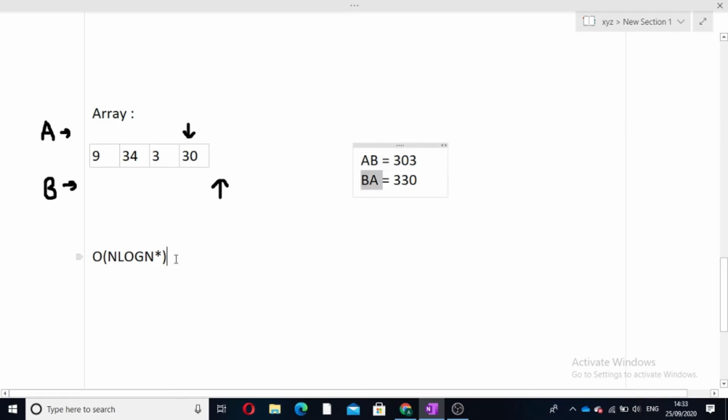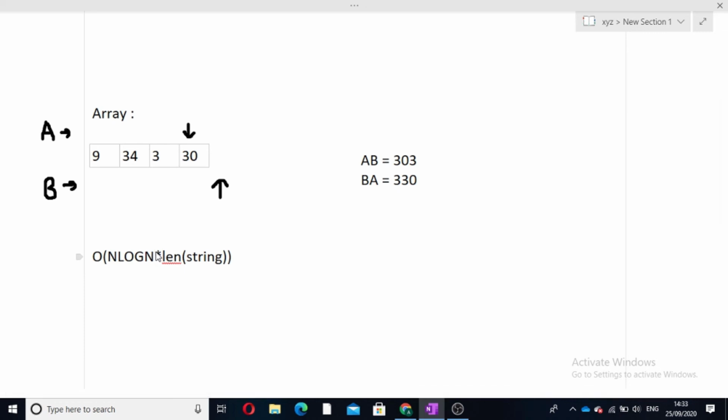So this will be equal to the length of string. So this is the time complexity of our approach, that is n log n into length of string. But when our length of string is very small, then this complexity will be of only order of n log n. That is the complexity required to sort the array. So this was the entire approach.